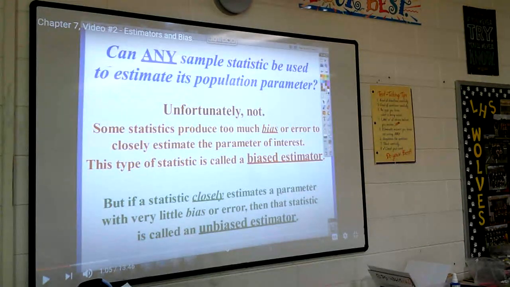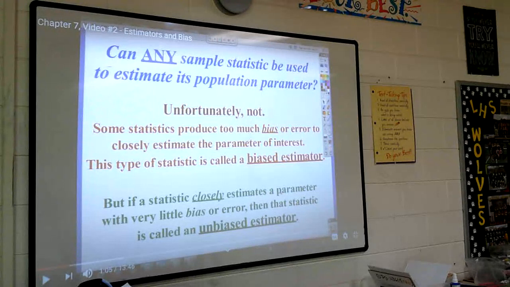So basically, we want our statistic, which comes from our sample, to be able to measure the population. But sometimes our samples are biased. And so our statistics are too biased, and so it doesn't give a good estimate of the population. So if it is a biased estimator, then it does not estimate the population parameter. Okay? But if a statistic actually does closely estimate the parameter with little bias or error, then that is called